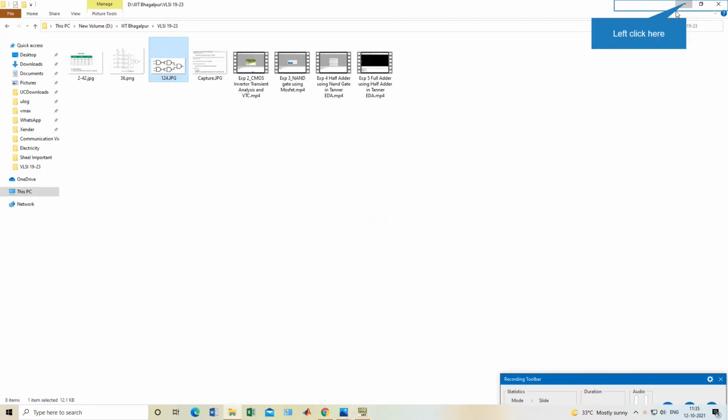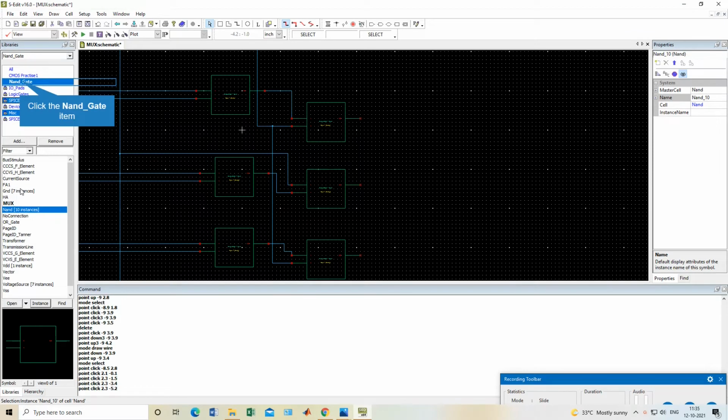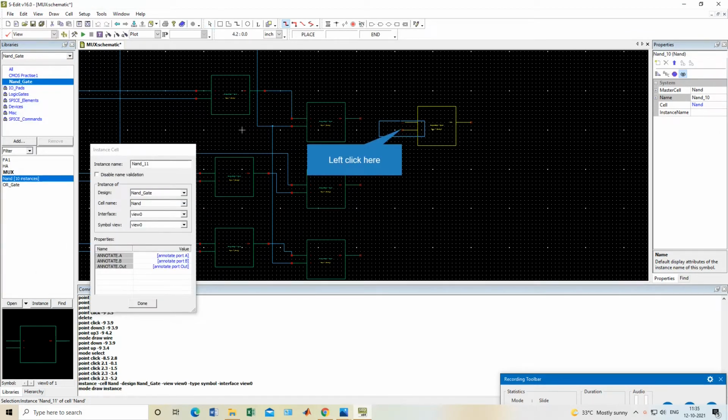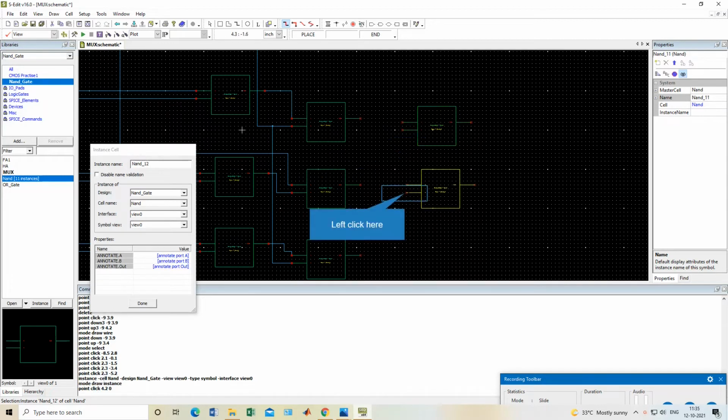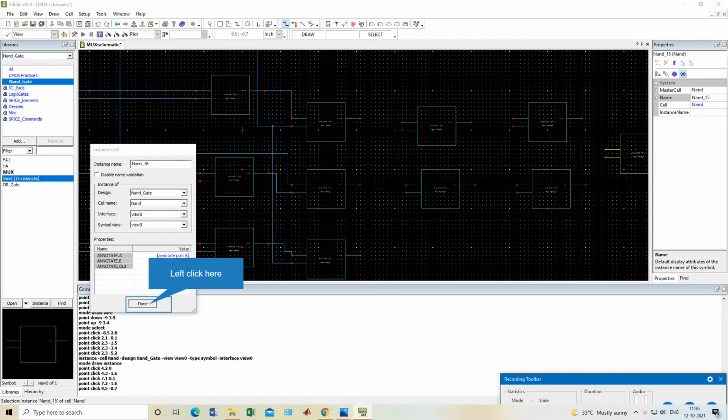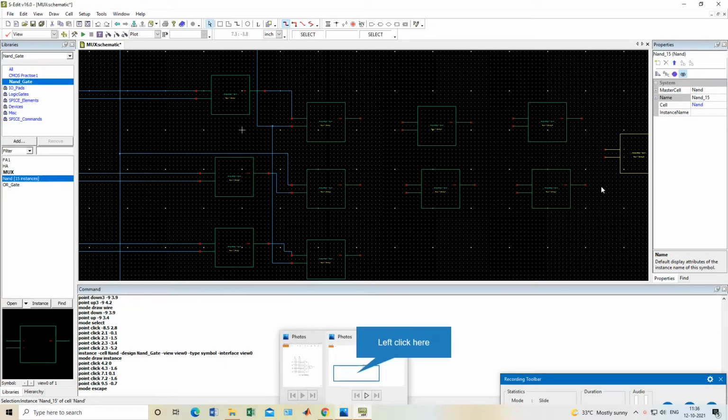Okay, so I will do that only here. For that we need 5 NAND gates. Okay, done.